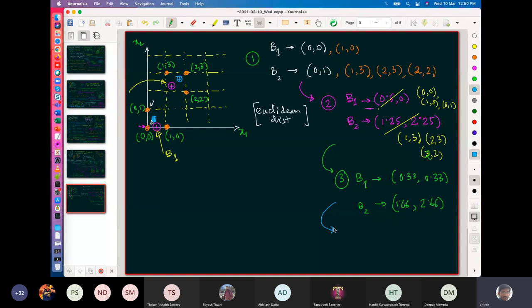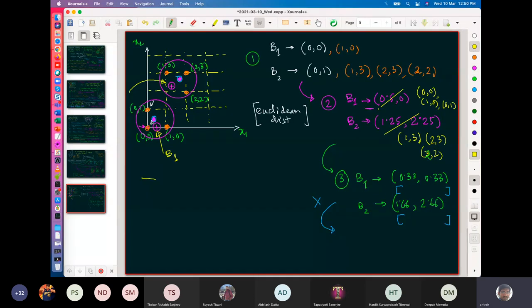Now what happens if I repeat it? If I repeat it, see the number of points that come in here doesn't change, and the number of points that come in basket B2 also doesn't change. So I stop. So what does it indicate finally? This is kind of a centroid of the points you have, right? So this is your cluster. This is your cluster. This being the kind of a centroid, the average or the mean point.